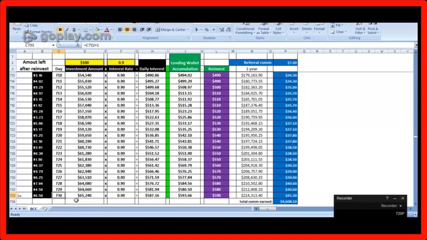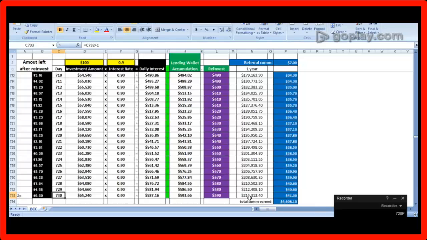Most normal jobs are 5 days a week. This is 7 days a week. This gets paid every single day, not just on business days. Every day, 7 days a week, you're going to get $587.16 in this example. That is going to equal around